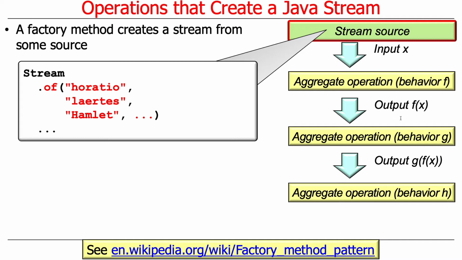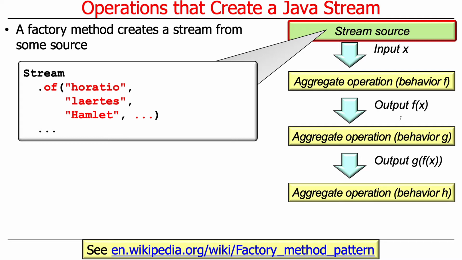So if you're familiar with the Gang of Four book, you probably have been introduced to the so-called factory method pattern. And the factory method pattern is basically a pattern about how you create stuff. And just like people often say, you don't want to know how the sausage is made, or you don't want to have to know how legislation is made, but you just want to be able to be the beneficiaries of the yummy result that comes out of that. Same thing is true with creating objects or elements or other things, streams, for example. So the details of how this is all done is hidden from you, and you can simply use factory methods